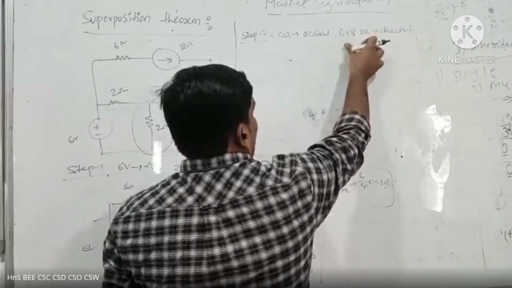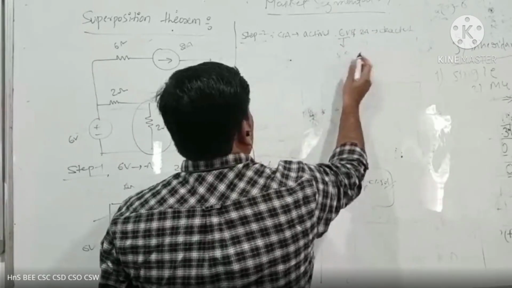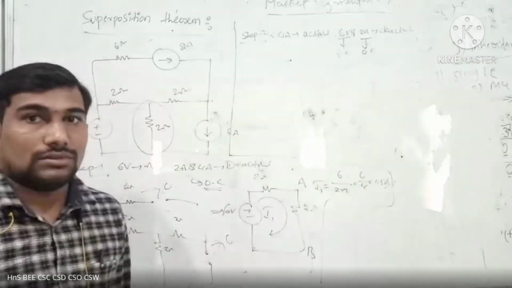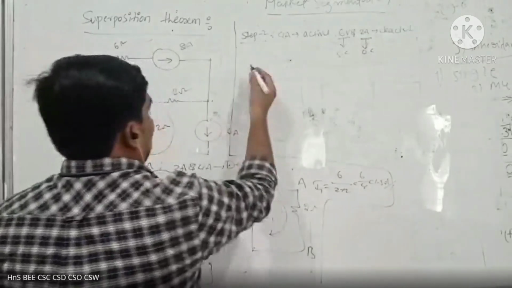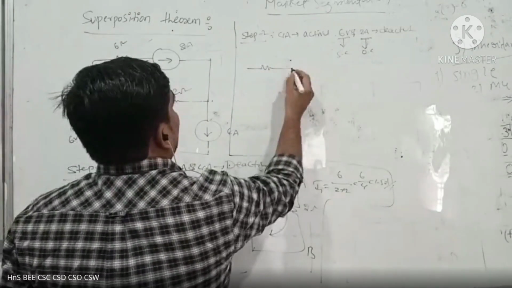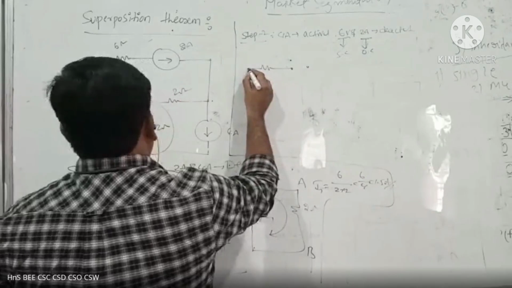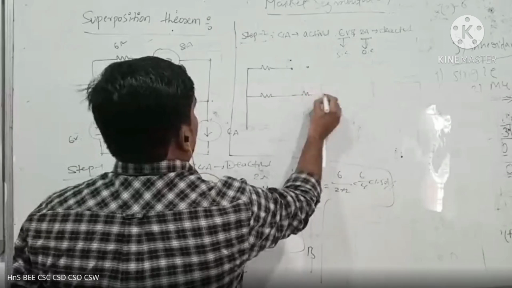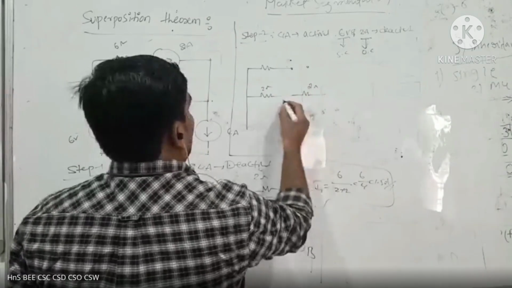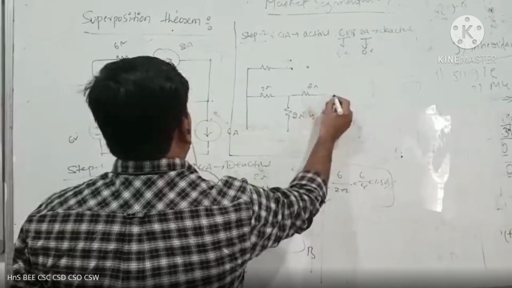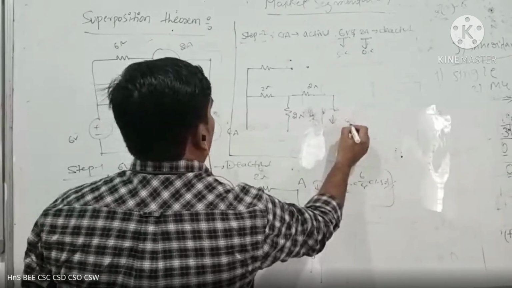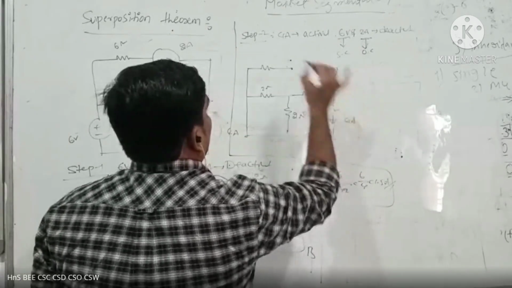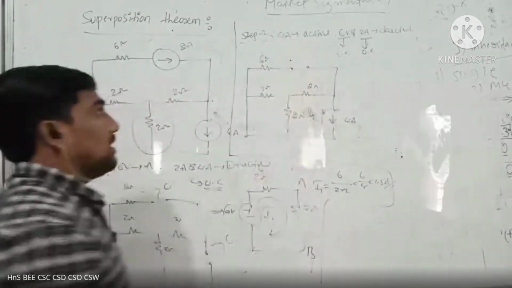Okay. If it is deactivated, what is the voltage source condition? That is short circuit. The current source is open circuit. That is the ideal condition of deactivation. Now draw the circuit first. Open circuit and this is short circuit. The resistance value, the another resistance value, 2 ohms. This is activation. 4 amperes is activation. This is our required circuit after completion of step number 2.